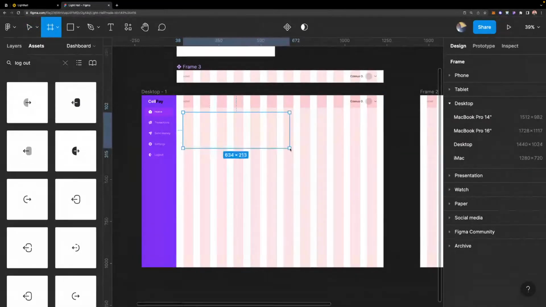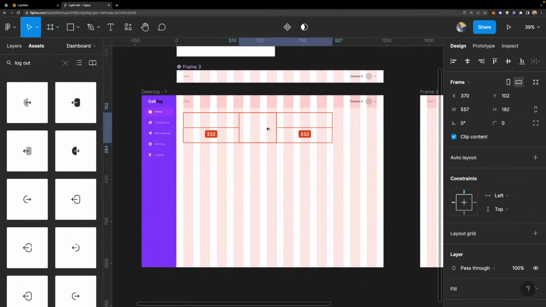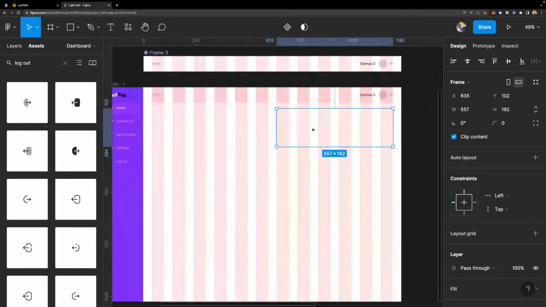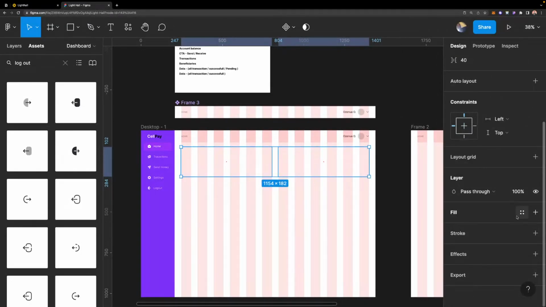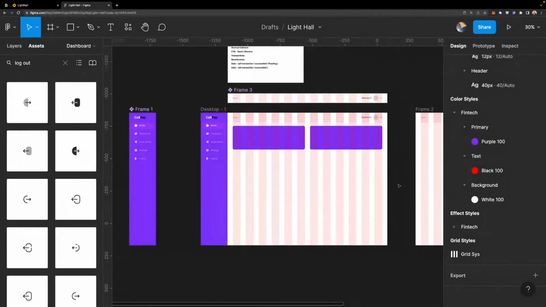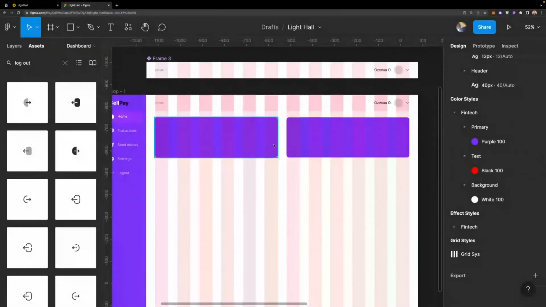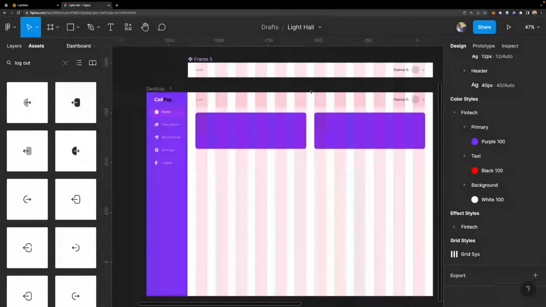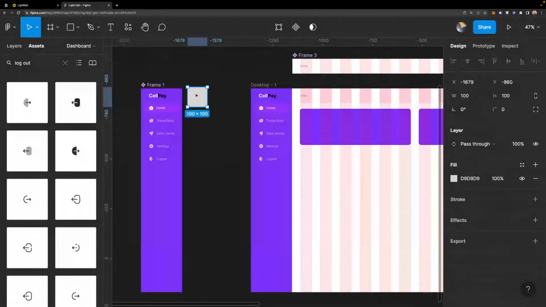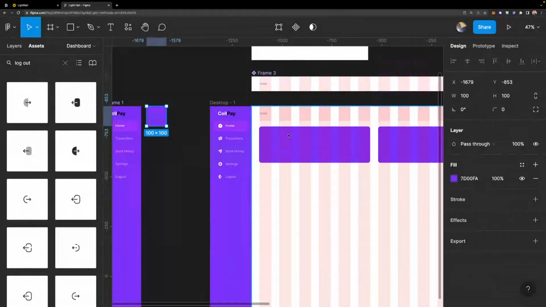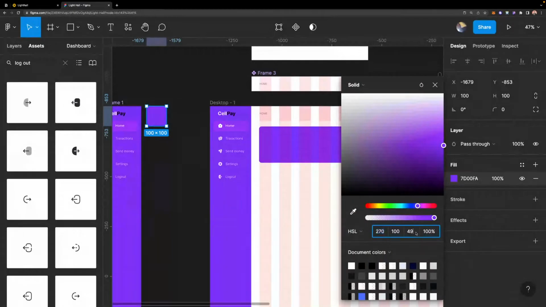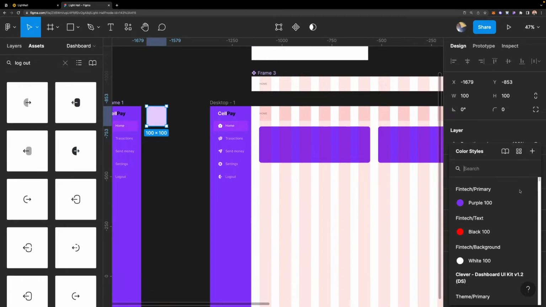So I'm going to break this into two. So now we have two cards. If you were here yesterday, you probably know how I design my cards now. Give it a border radius, fill that with purple. Also, I do not like to use solid colors like this, so I'm going to use a pastel color. If you had the time to take a look at my videos on colors yesterday or today, you definitely would know what I would be doing to have a pastel color. So I'll be sending this to 90, straight up 90,